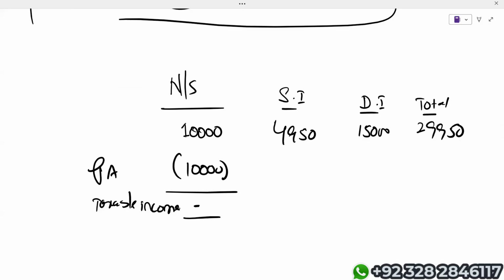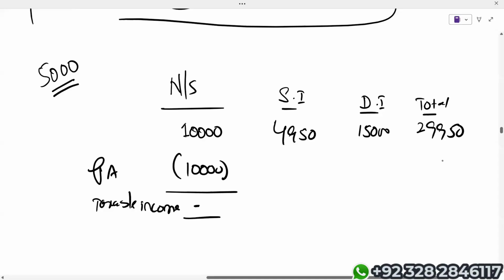Now, listen to me carefully. In the column of non-saving, taxable income is 0. If the taxable income is 0, it means this individual is entitled to get the entire starting rate band of £5,000. And we know that if any savings income falls in the starting rate band, the applicable rate is 0%. Repeat: in the column of non-saving, taxable income is 0, which means this individual is entitled to get the entire starting rate band of £5,000.